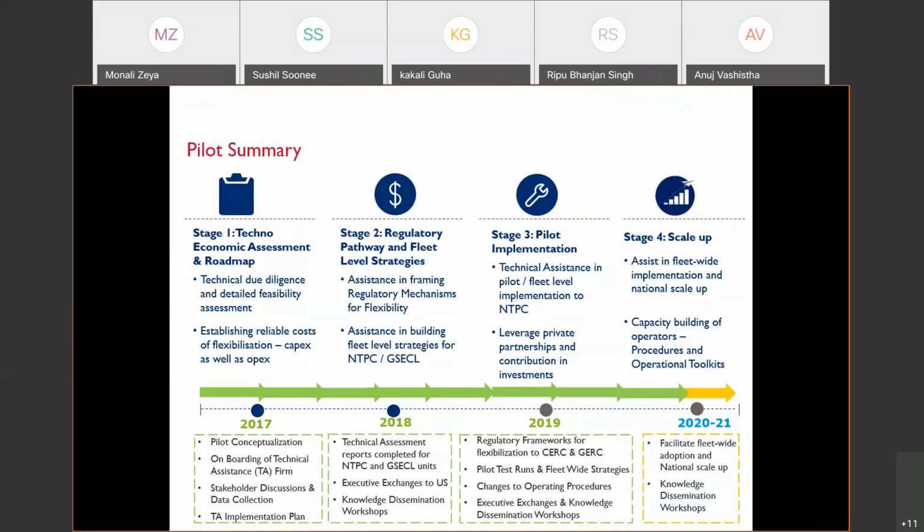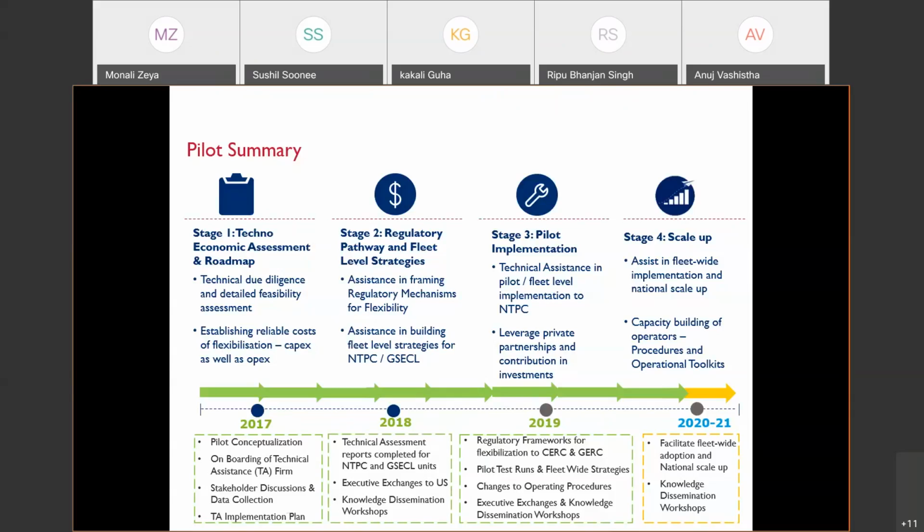So once we did the feasibility studies, then stage 2 was to look at what cost would be attributable. We try to identify and map out the incremental cost that would be applicable for units that will be subjected to flexible generation, and essentially also looked at how these units can be compensated in regulatory terms. So be it in terms of the capex that the unit would incur for a one-time retrofit, or in terms